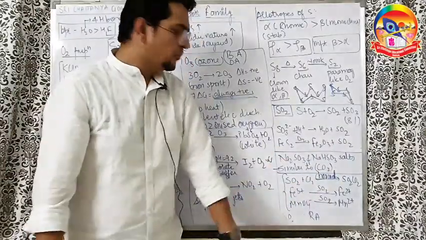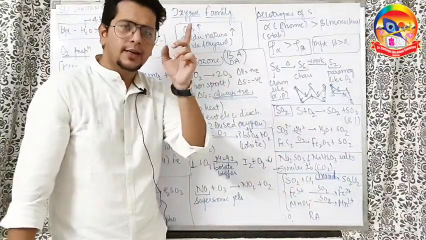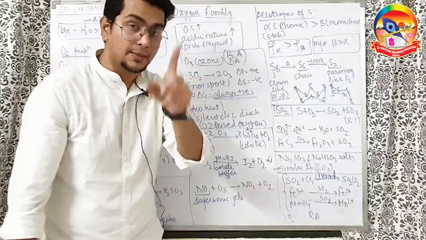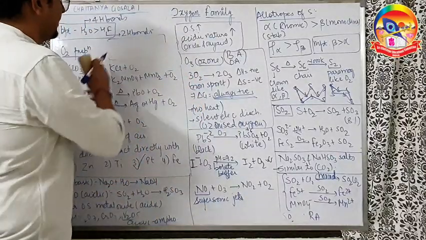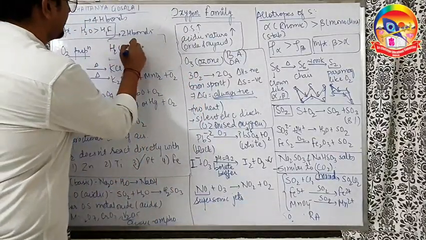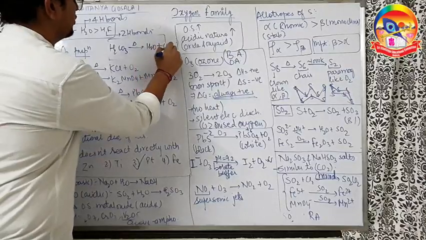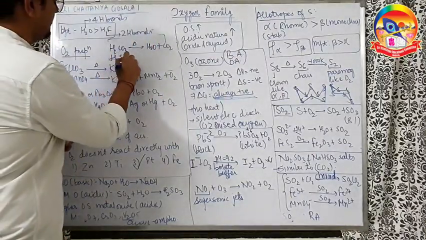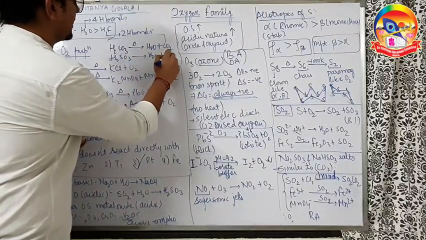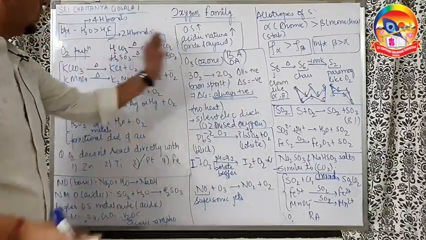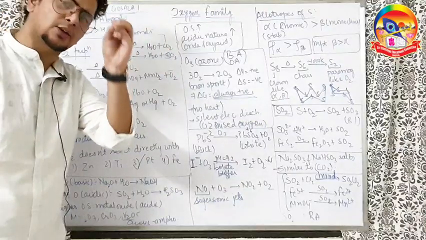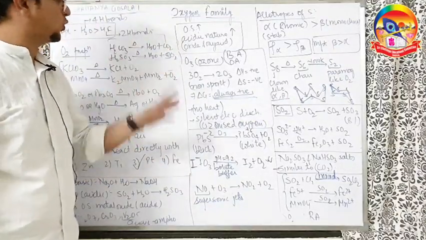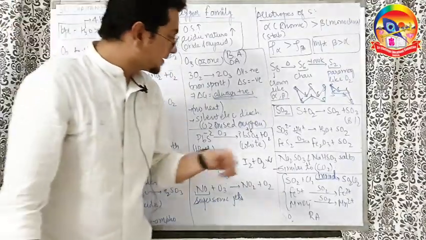Second method. You might have remembered this also, that H2CO3 is also unstable. If you take H2CO3, it will also break to form H2O plus CO2 happily. So we can understand H2CO3 and H2SO3 are behaving in the same way. They both are unstable, so they both break on a little bit of heating. Even at room temperature, they will evolve CO2 and SO2 gas. Next,